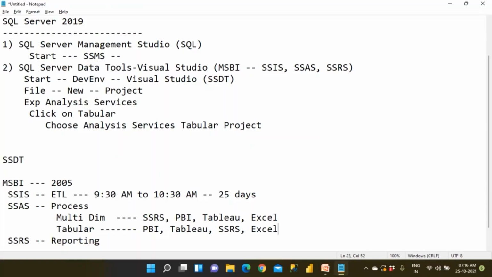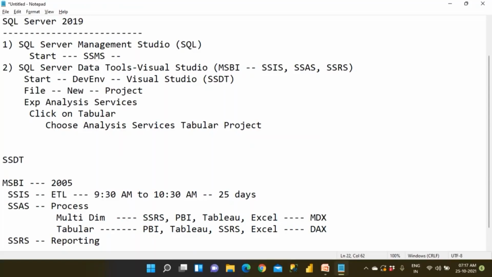No problems. Clear? In the tabular model cube, we are going to be writing DAX expressions, data analysis expressions, just as in Power BI. So DAX is used in two places. One is Power BI. The second is the tabular model cube. If you want to write some expression, you have to know DAX. But if you want to write some coding, what is the language? MDX. What is MDX?